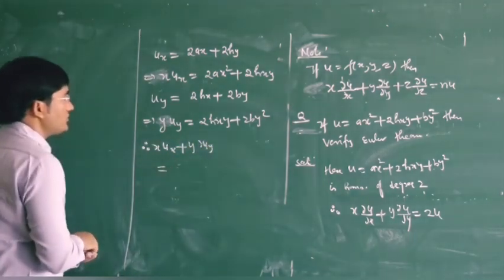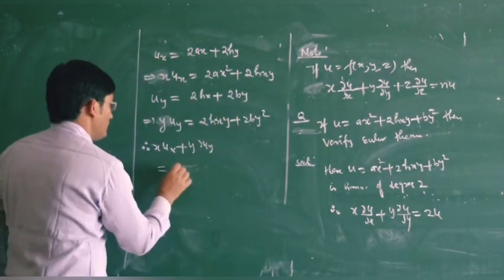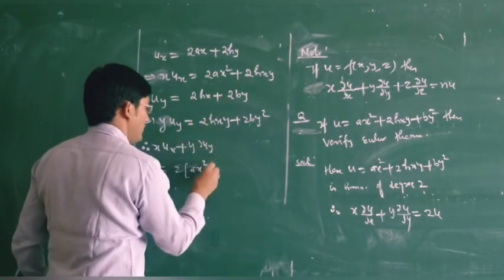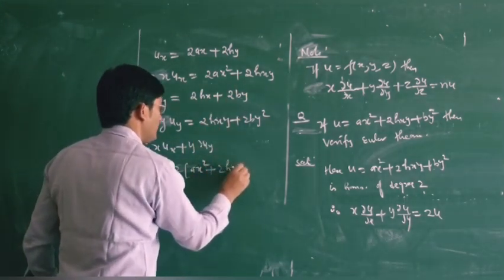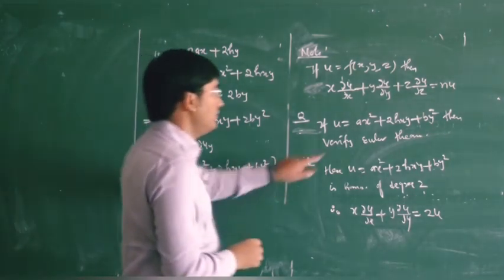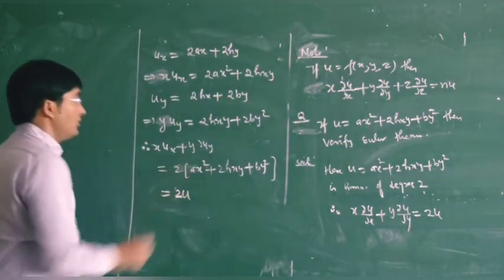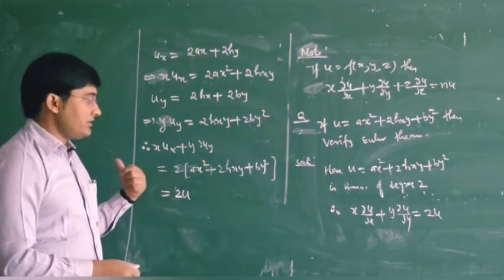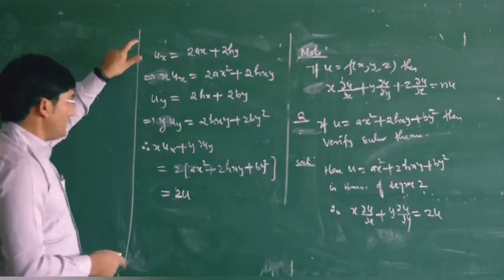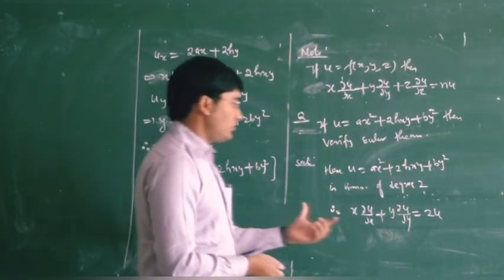So therefore their sum: let us add these two equations. We have this term plus this term plus this term and this term. If you take 2 common, then we will have ax², now this is 4hxy, we have taken 2 common, so we will have 2hxy, then by², and this bracket was our u, so we have 2 times u. So we can say that this left hand side is the same as 2u, and we have done it through calculation. So we can say that our Euler theorem is verified.